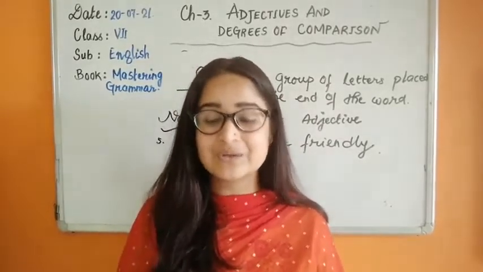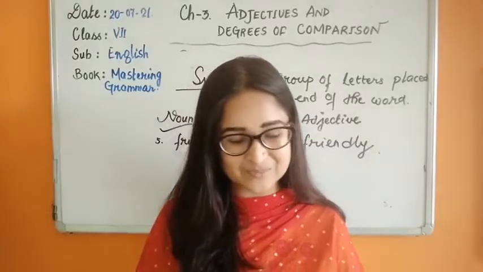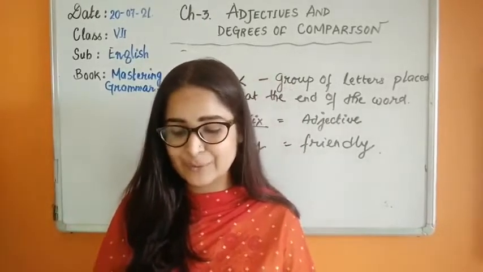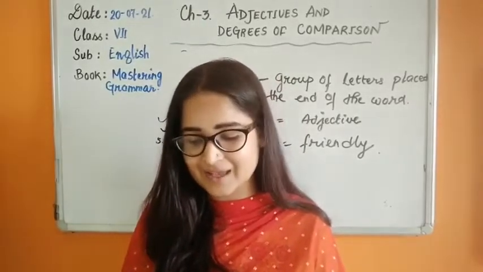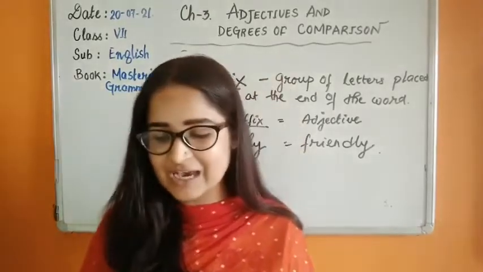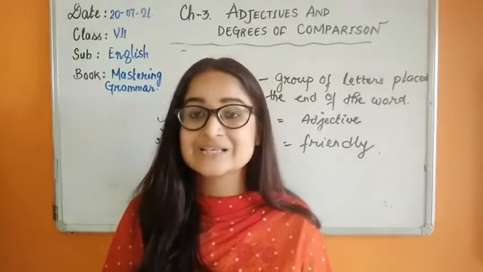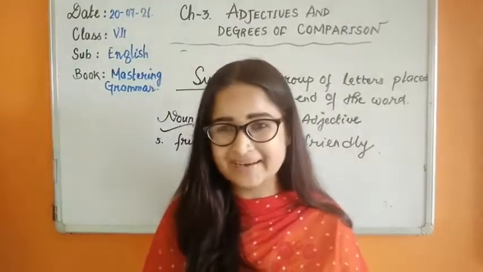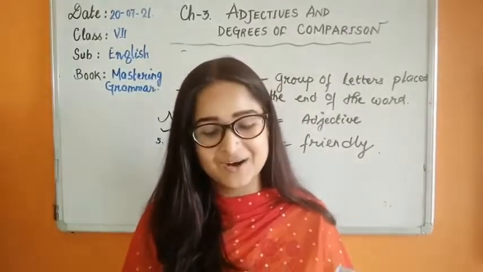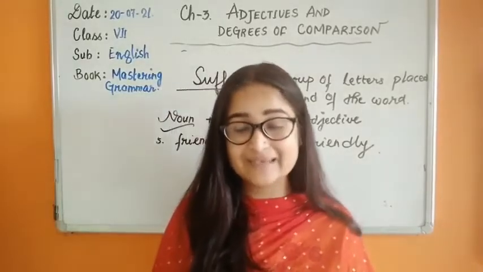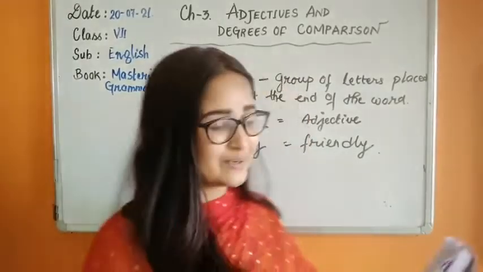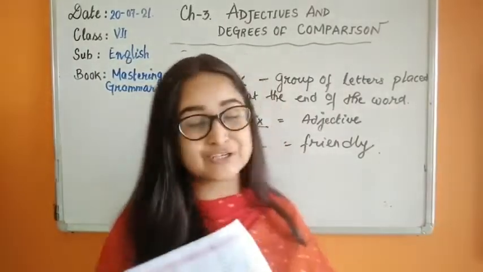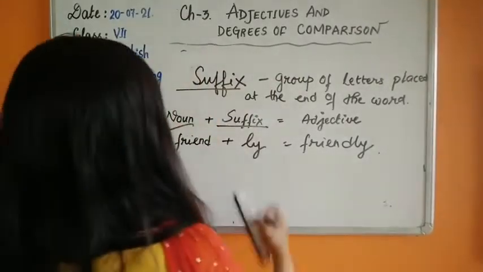Now let's move to exercise D. Okay children, let's do that one. Form adjectives from the following nouns by adding ly, ful, y, al, able, ar, ic, ive, ish, less, ous. So children, whatever you have learned in the table just a while ago, I told you to learn that table, or you can just go through the table once and then we can finish this exercise quickly. So children, this exercise is on page number 23 of your book. Please look at it and then finish it, complete it. So let's move on.